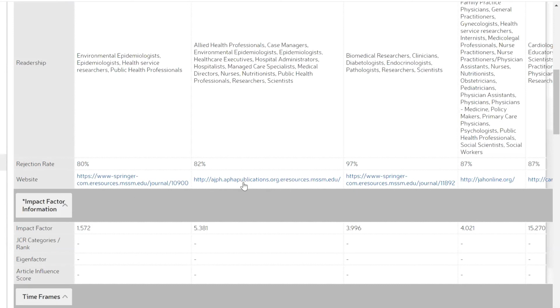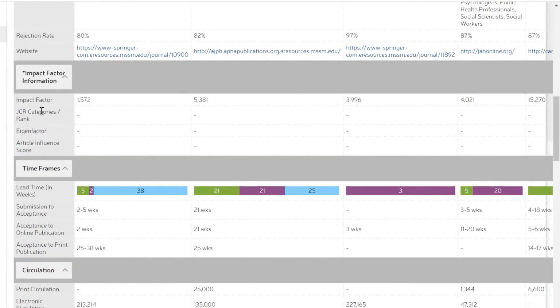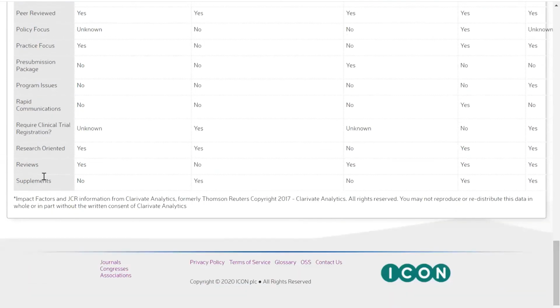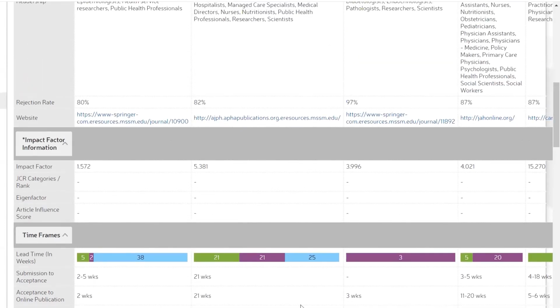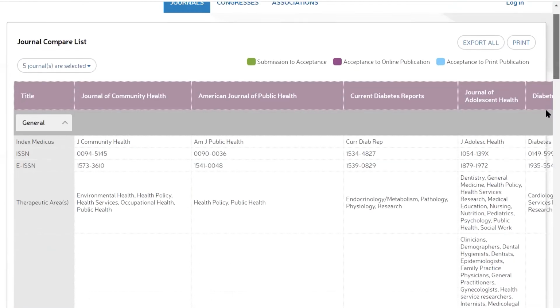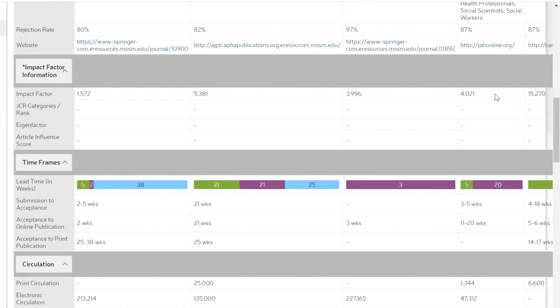Each of these will have links to their journal website, which is very important to take a look at. Here's the impact factor information. And if we scroll all the way down here, we can see that it comes from Clarivate Analytics. So that is the producer of the Journal Citation Report database. So this is the impact factor that we definitely want to look at. And we can see that, I believe this is Diabetes Care. Diabetes Care has the highest impact factor of these 5 journals. So if my main goal was prestige, then maybe I would want to look at Diabetes Care to publish my